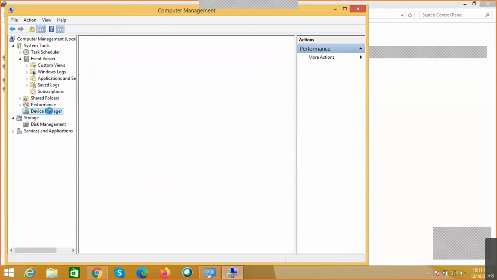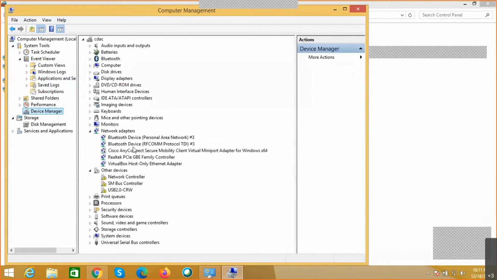And the device manager will give all the drivers that are located on our system, whether with respect to the input devices, the network adapters, or any other devices like USB, new devices, even processors and security devices. So all the driver related information will be located under the device manager. To access this computer management, we need to right click on My Computer. There is an option called manage, where we'll get all this information.